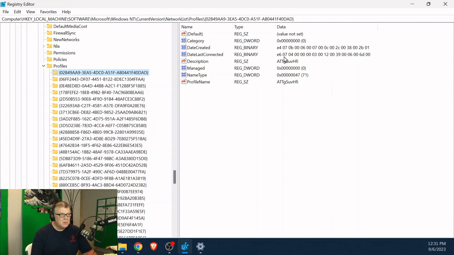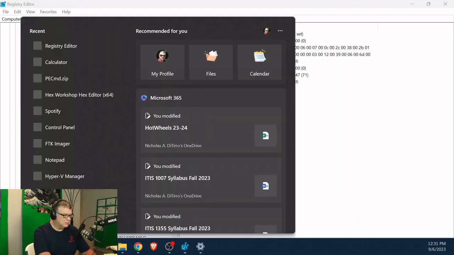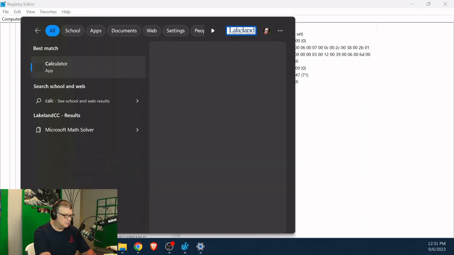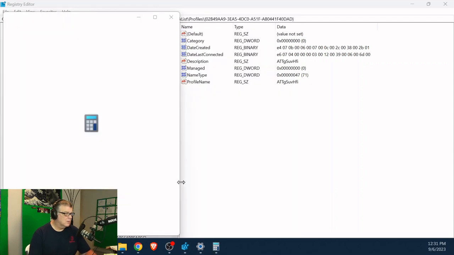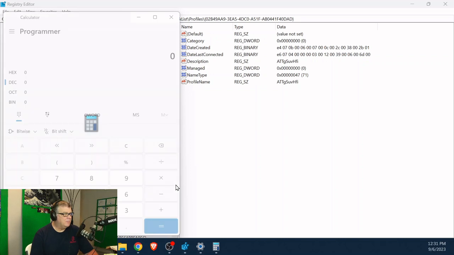But what this is telling me here is, first, these two values here, E4, 07. Those are the year that this was accessed. So I'm going to go to my little calculator and fire it up. I'm going to make sure it's in the programmer mode where I can convert hexadecimal and binary.